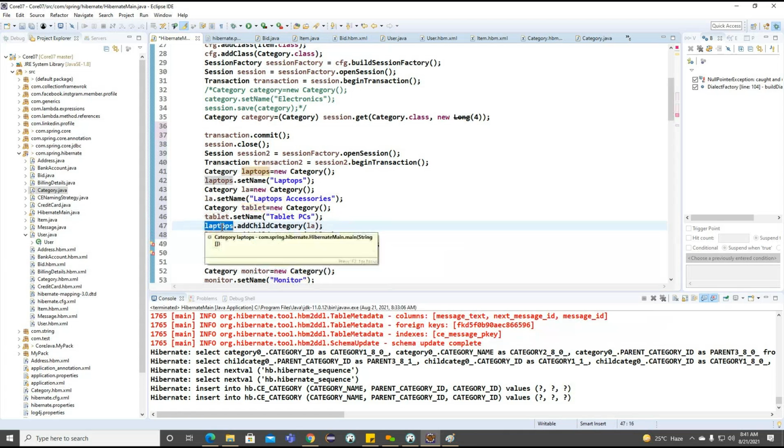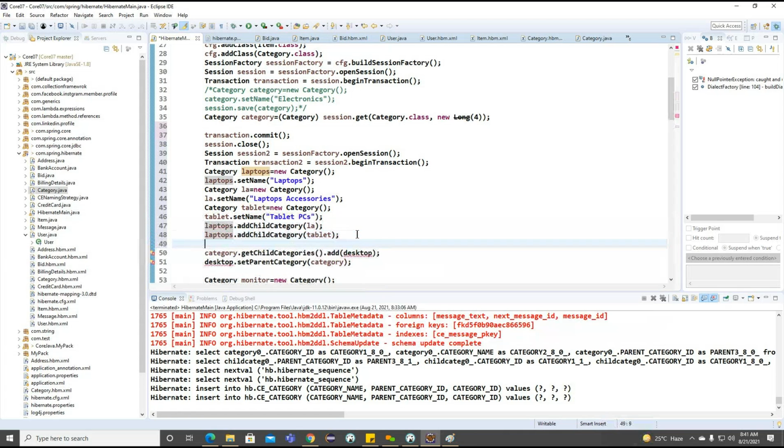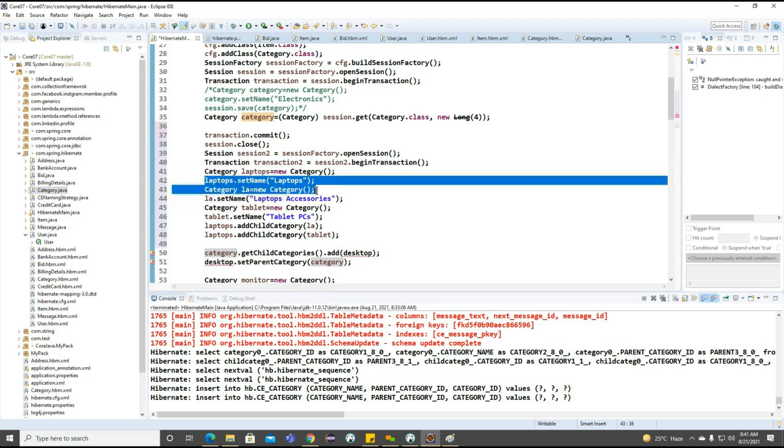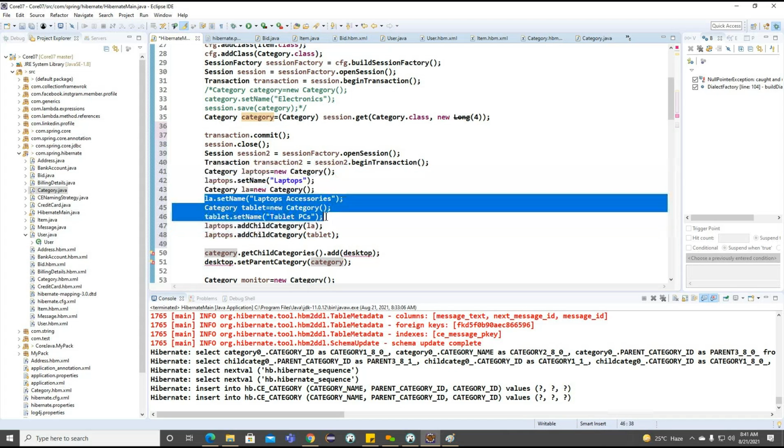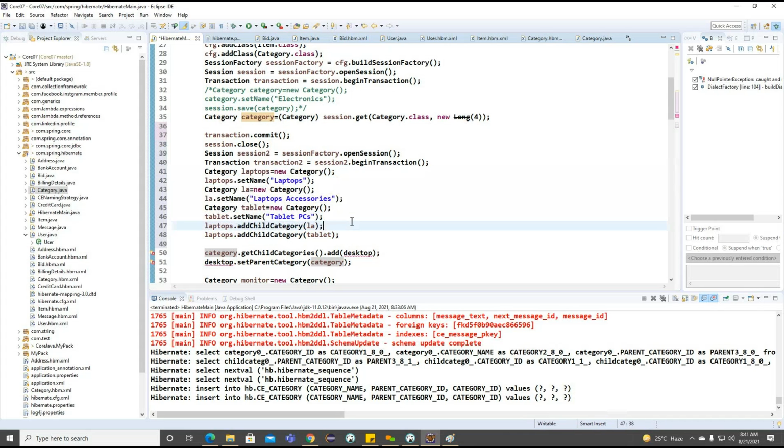Okay. So now if you observe carefully, we are trying to load the computer related category in the session, and in session 2 we are creating one laptop category as a base. For this particular laptop category, again we are having 2 child categories here. So laptop accessories and something called tablet PCs here.